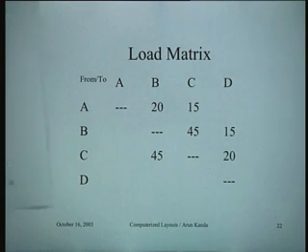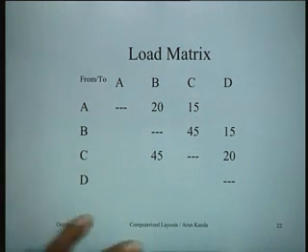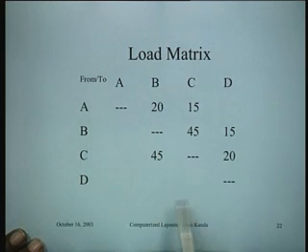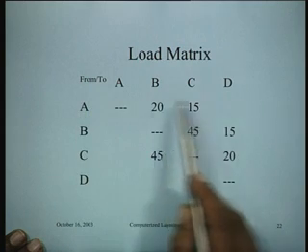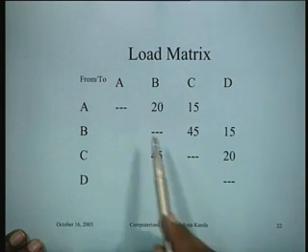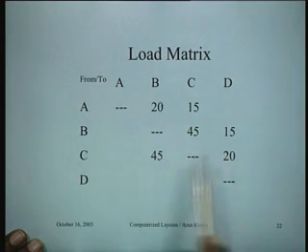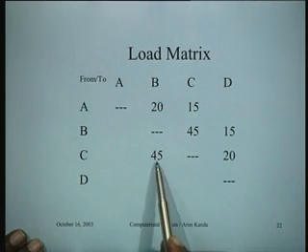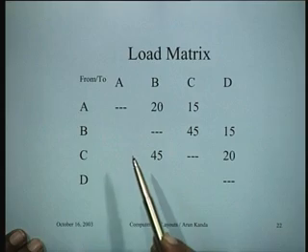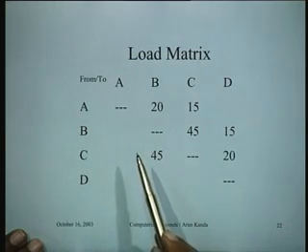So the idea is how to construct a load matrix. A load matrix is actually summarizing the total movement that takes place between all pairs of departments, the number of trolley loads moving. For instance, you find that the maximum movement takes place between B to C and C to B. Does this give you a hint? The hint is obvious, that these two departments should be close to each other if you want to minimize the material handling effort. So we construct this load matrix.